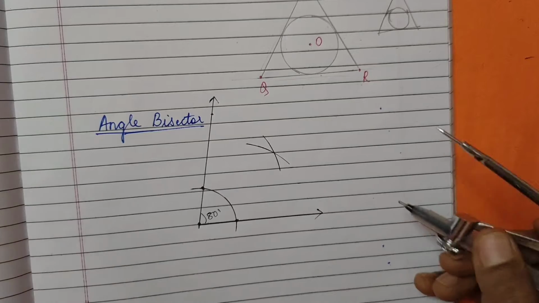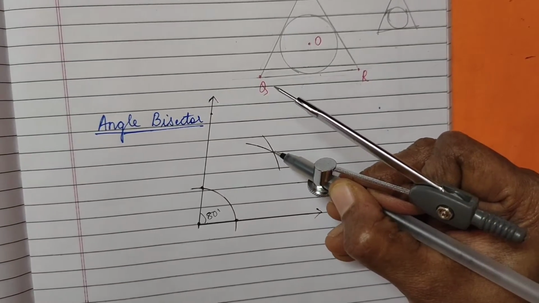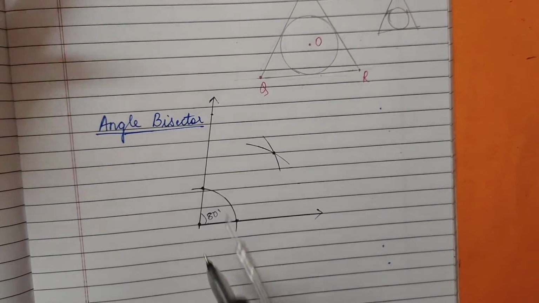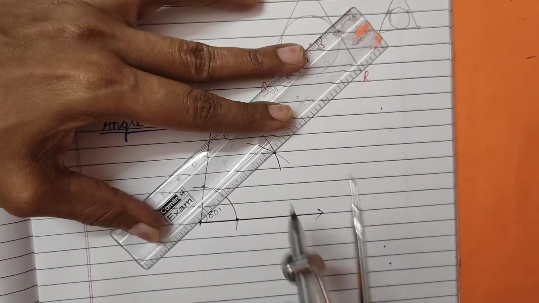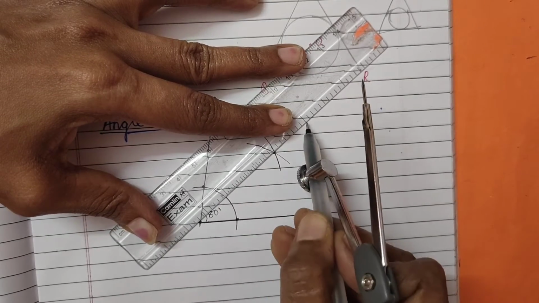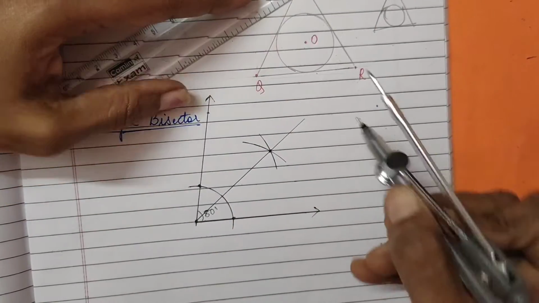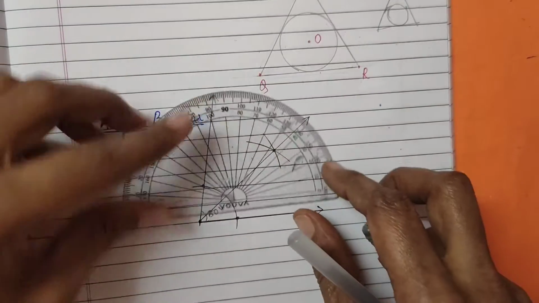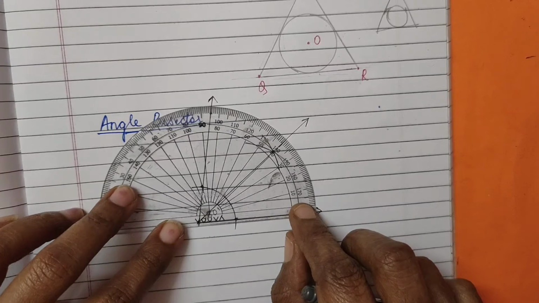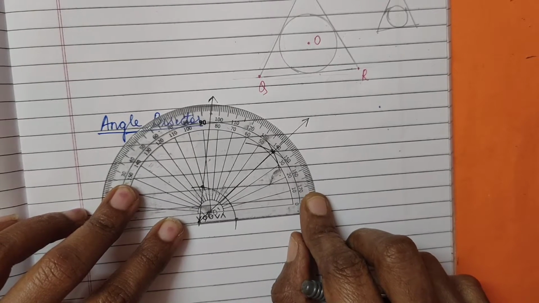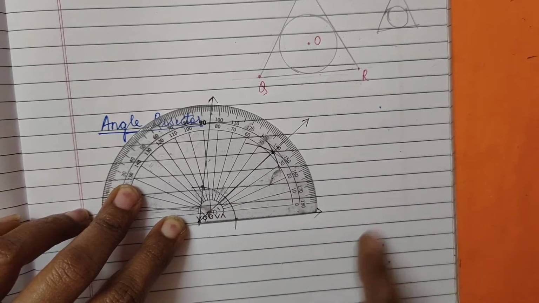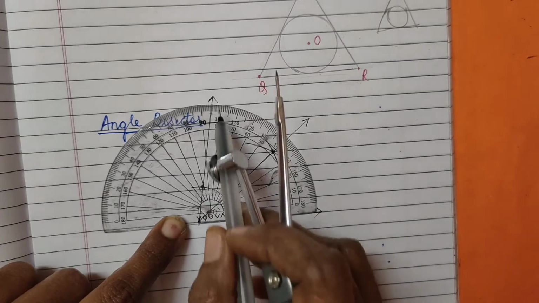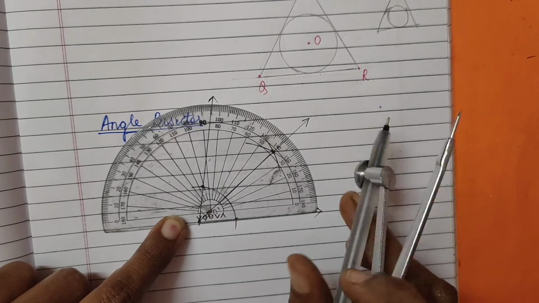Now after marking the arc, you have to find the intersection point here. So I have found it, and I have to join this intersection point and this point. Once I have joined, see, I have joined it and put an arrow here. Now if I measure it with the protractor, it comes properly 40 degree. See here, you can see our 40 degree is made properly. है ना, ये पहला क्या था? 80 degree का था. You can see 80 degree in this.